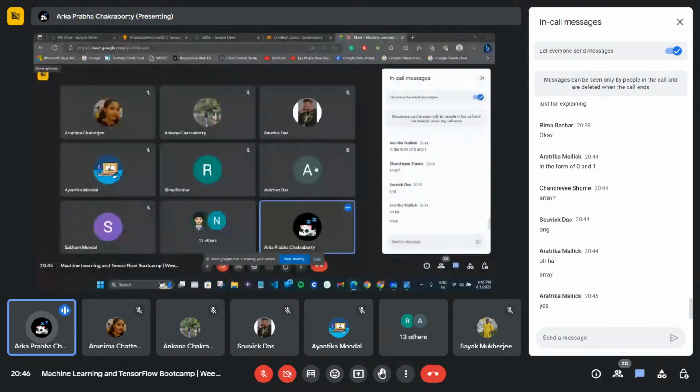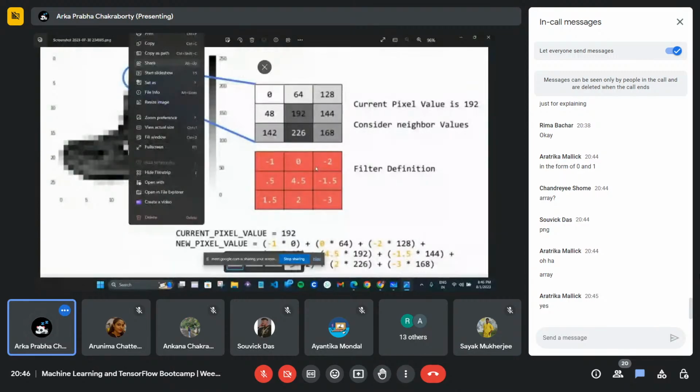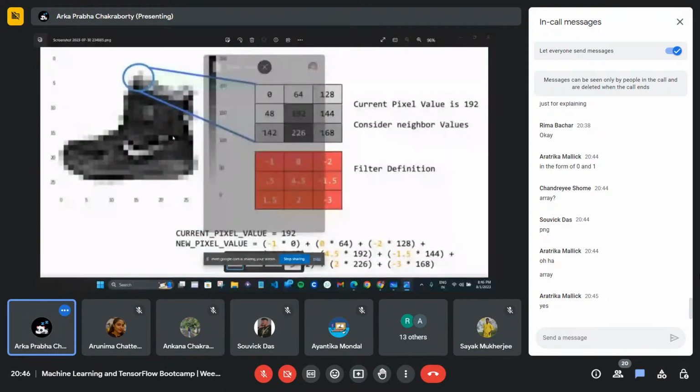Okay, so those are actually the pixel values. If I consider this one, this one, this one, and this one, those are 0, 64, and 128 values. And after the second array, 48, 192, and 144 pixel.